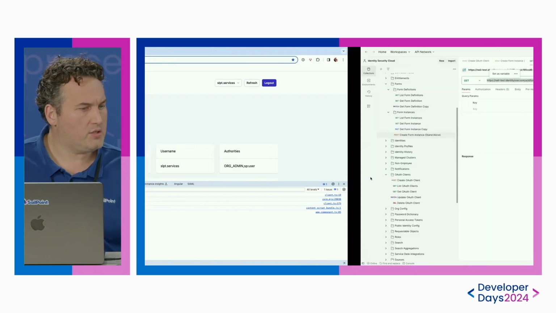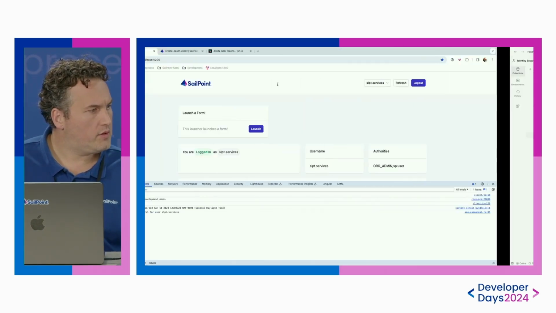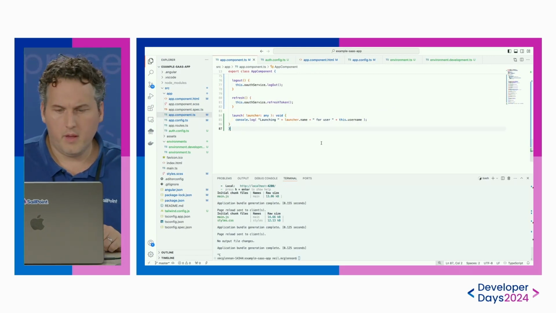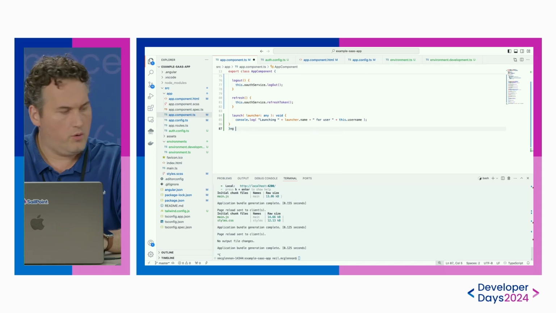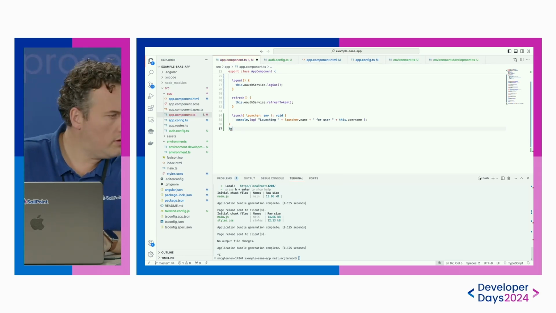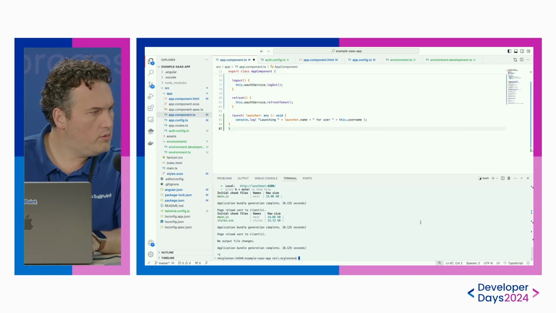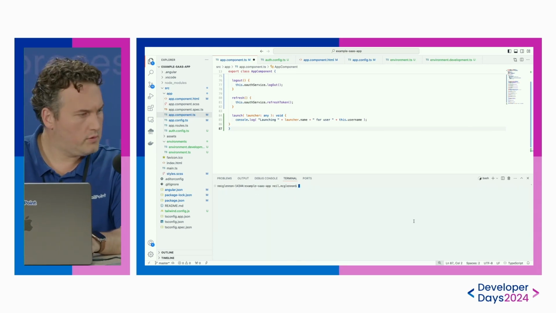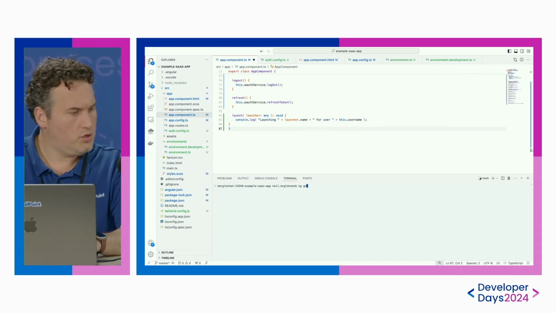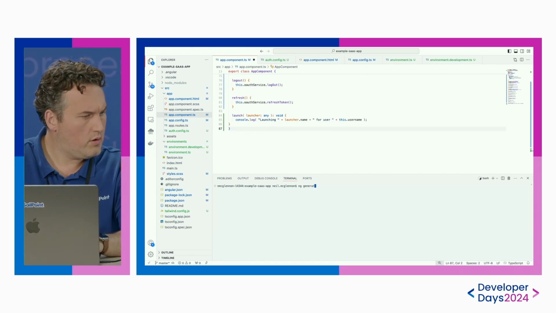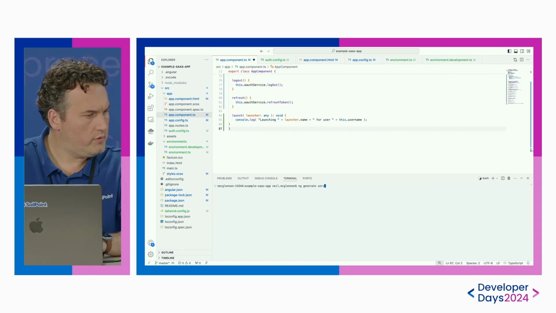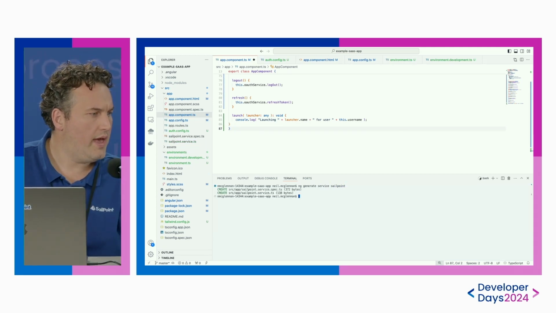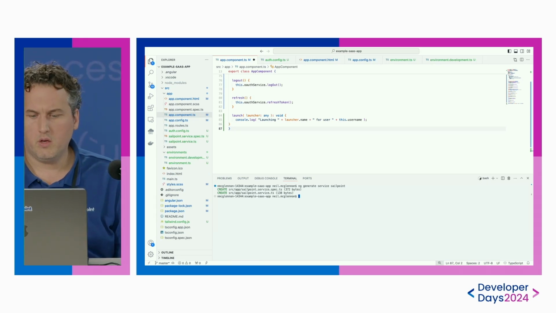Now, back to our code. We're going to stop running for a moment. And what we're going to do first is, here we are, let's clear that. ng generate service SailPoint. What I'm doing is generating a service that will be used to